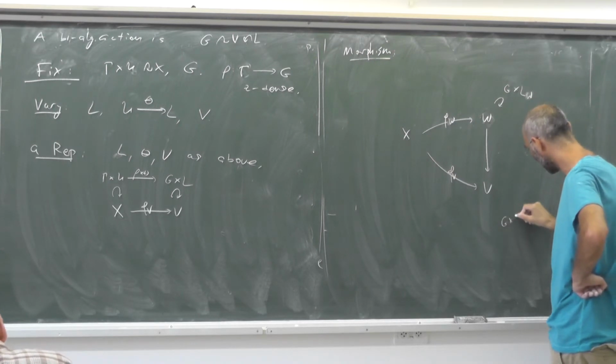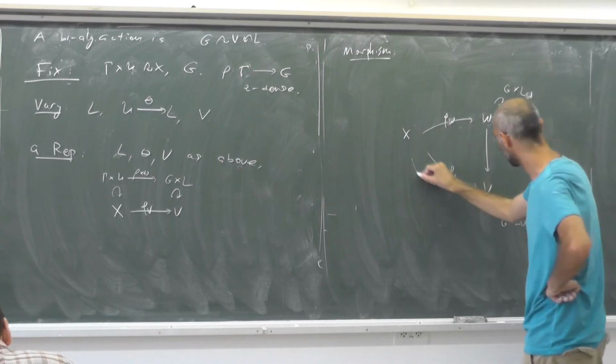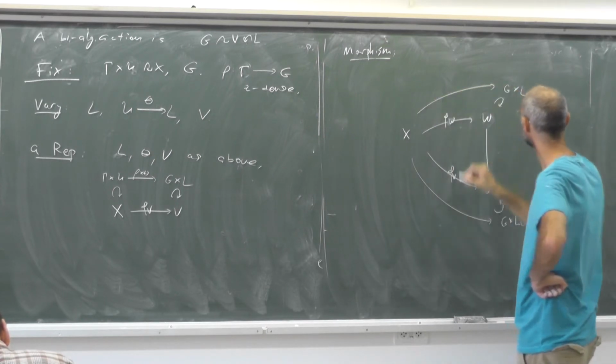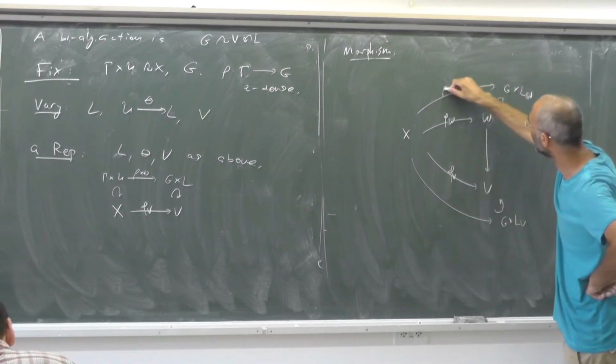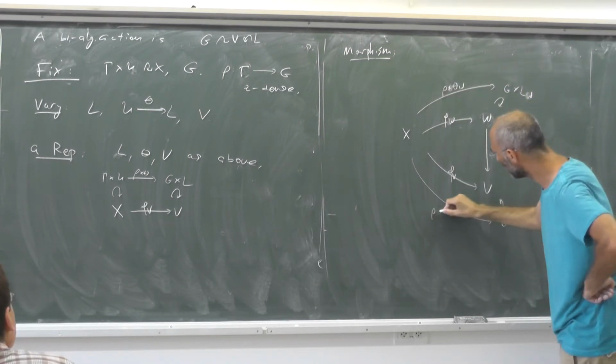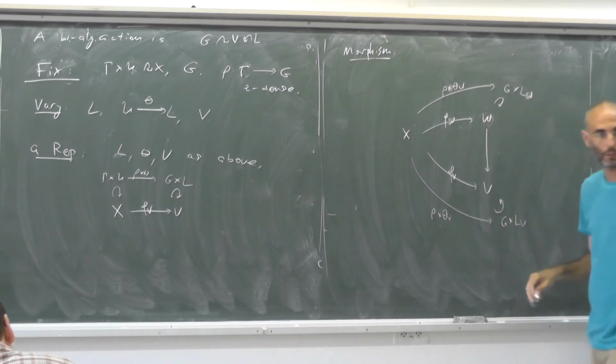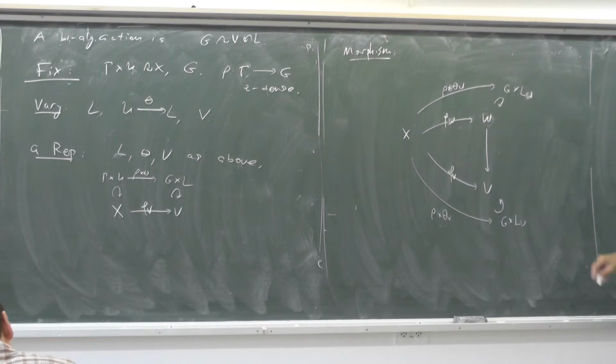G times L_V acts over here. And I'm having the corresponding maps, this rho times theta_W, rho times theta_V, and I want now to relate this, so I will say that this map is